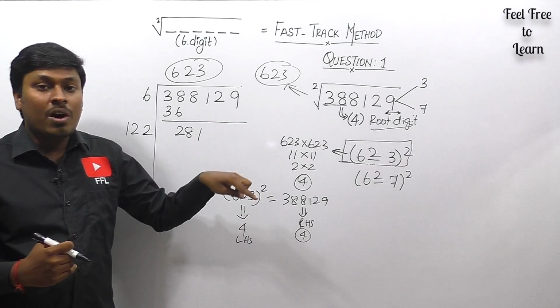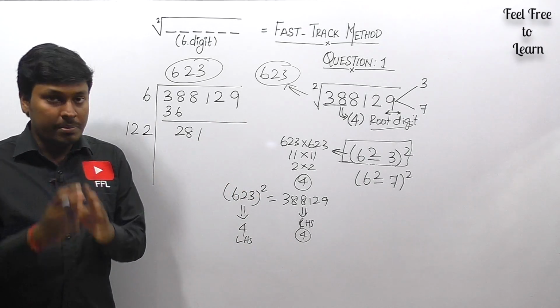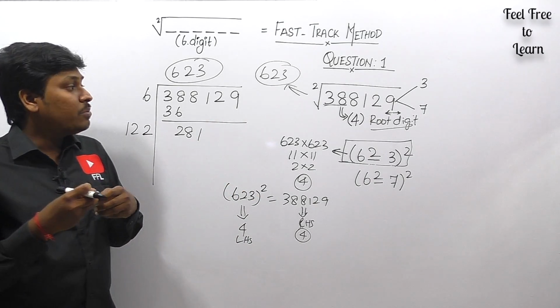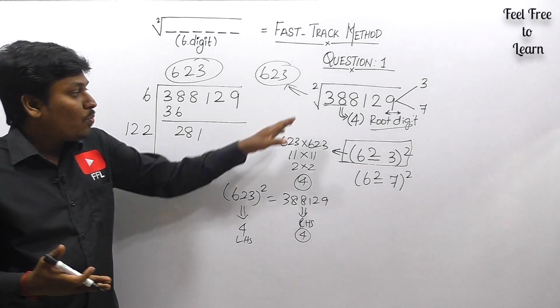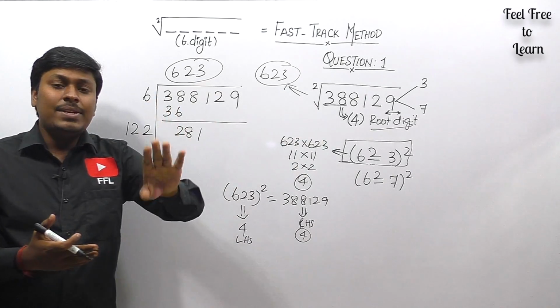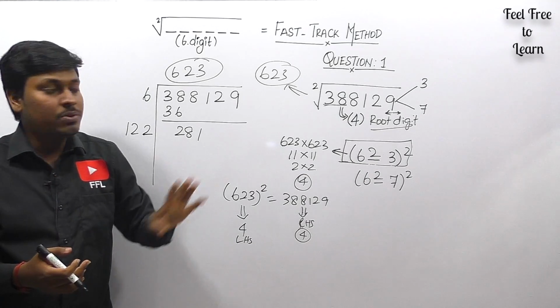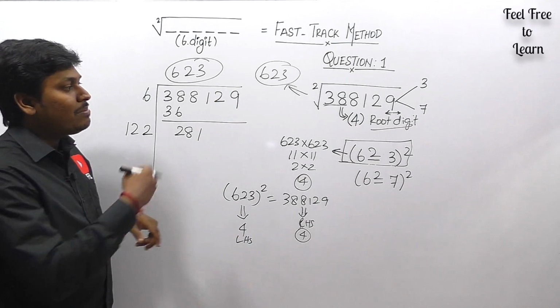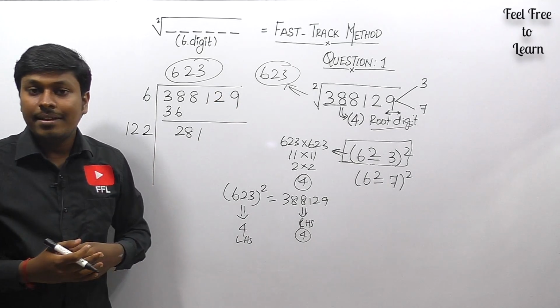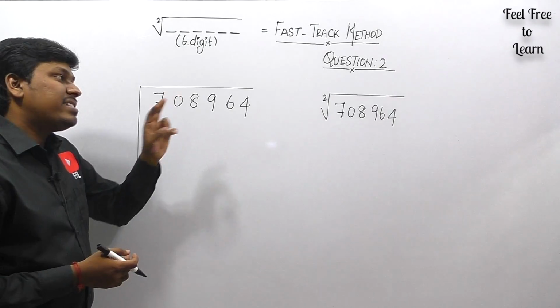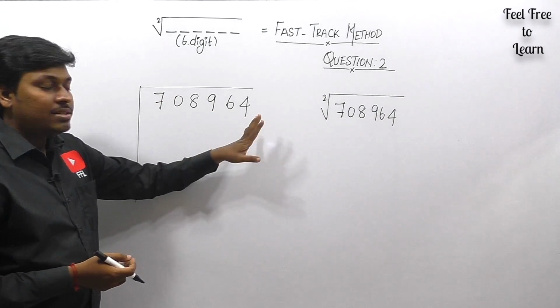If you follow the normal traditional method, it will be so much tricky and you need to calculate for more than 40 or 50 seconds. But once you practice this method, 8 or 10 seconds is more than enough to crack this question. So we are going to see many different questions so that you will get an idea how to solve this. Question number 2, we need to find the square root of the number